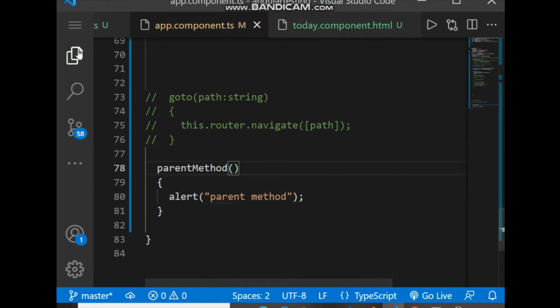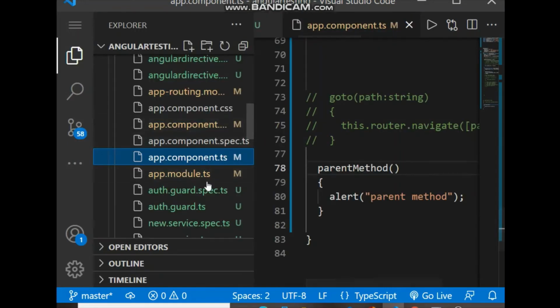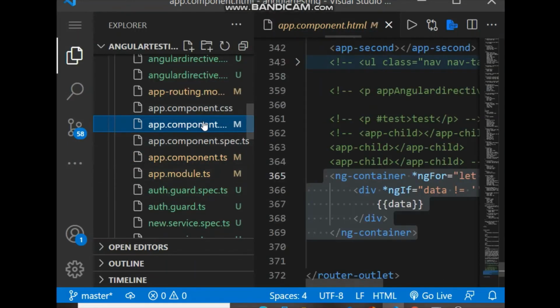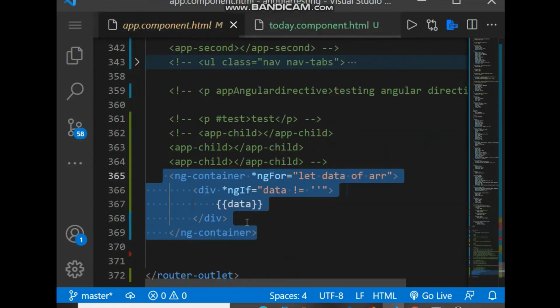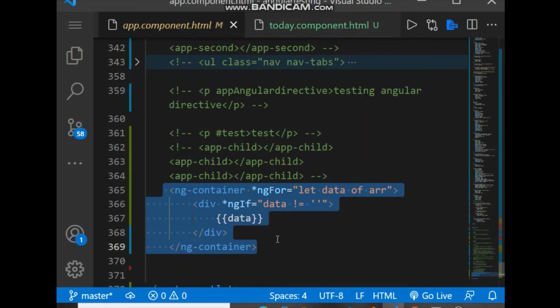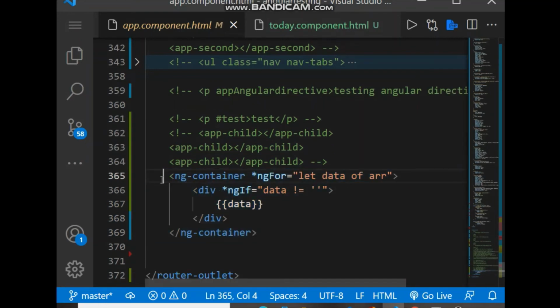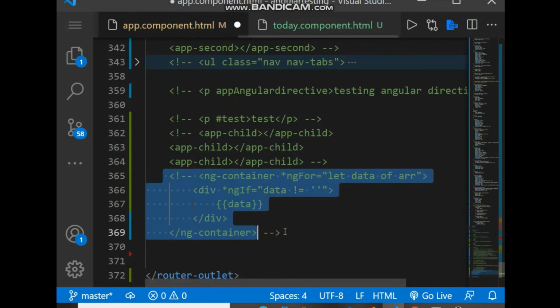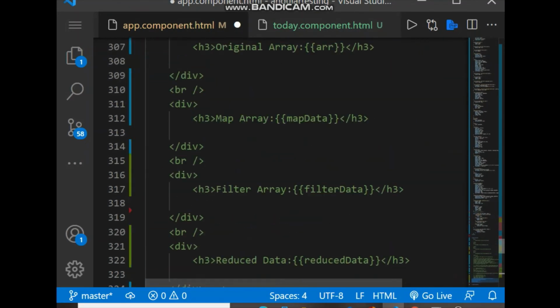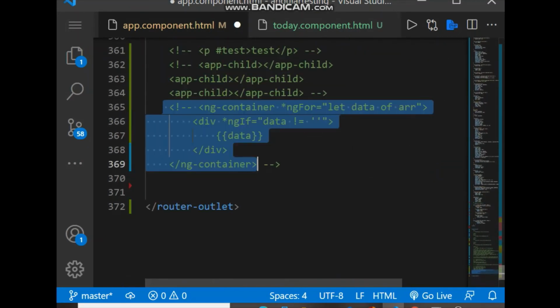And now let's add a component. First comment out the old code. So everything is commented.